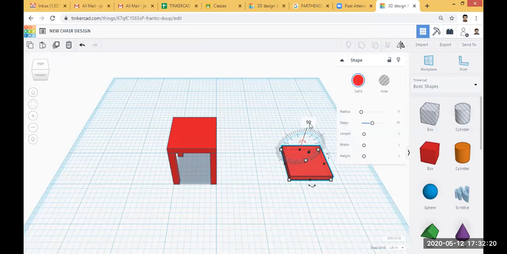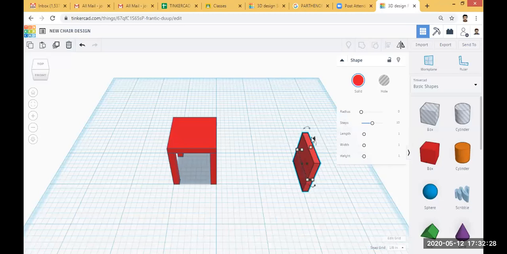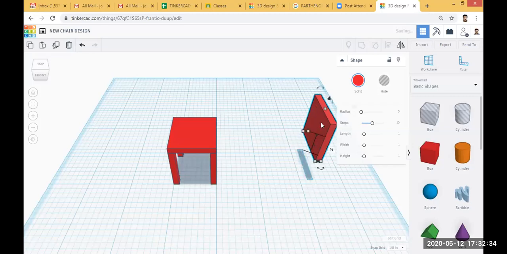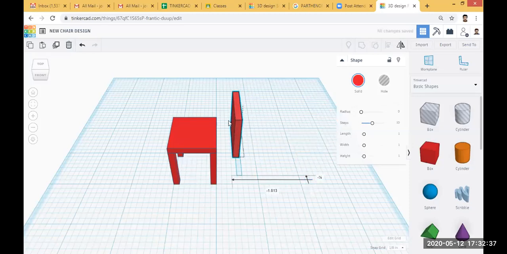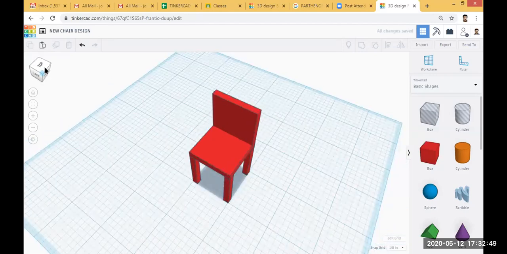Then click enter. You can see that it is tilted to an angle of 90 degrees. Then you can move this object to a certain height, or you can enter the value, and move this to here. Now you can see your chair is ready.